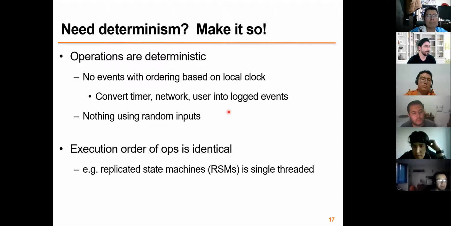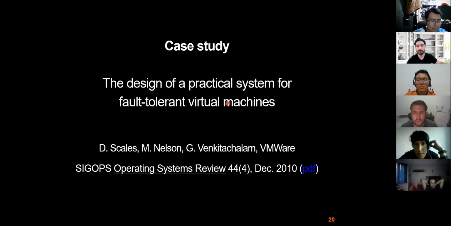And then the execution order of the operation would be identical. And another thing is a replicated machine is single threaded, of course. We don't want multi-threaded, because there would be other issues. So remember that whatever we discussed so far, we want to talk about those using this case study, which is